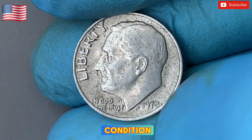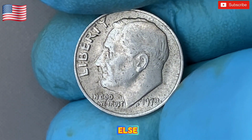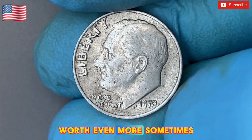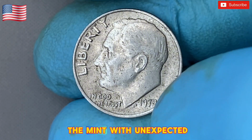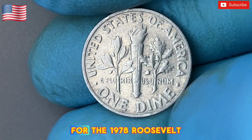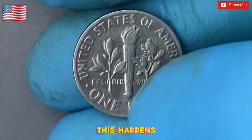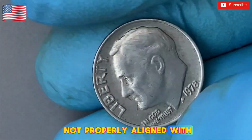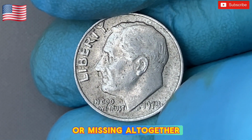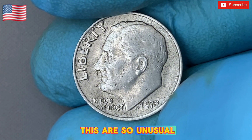But it's not just the condition that makes the 1978 Roosevelt dime so valuable. There's something else, a rare minting error, that has made certain versions of this coin worth even more. Sometimes coins come out of the mint with unexpected errors, and those errors can increase their value dramatically. For the 1978 Roosevelt dime, one such error is an off-center strike. This happens when the coin is not properly aligned with the die during the striking process, causing parts of the design to be shifted or missing altogether. A dime with such a minting error is a rarity, and because errors like this are so unusual, they are